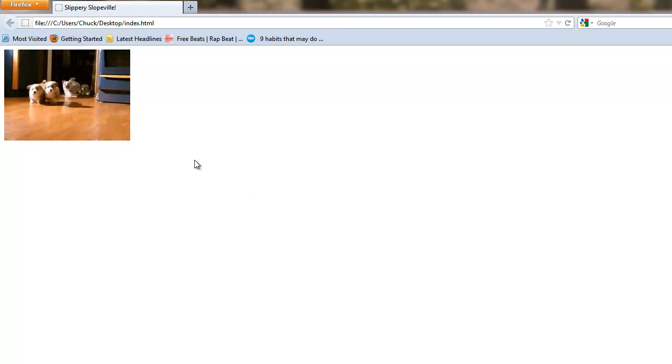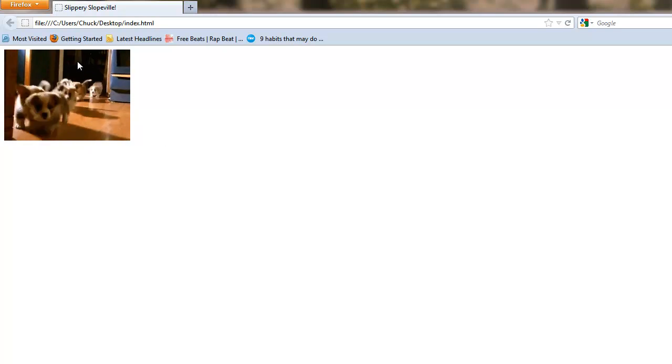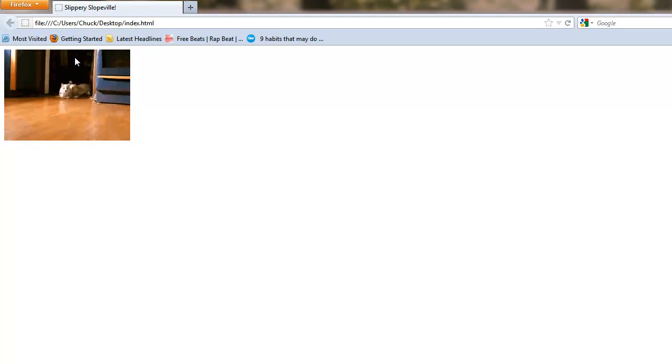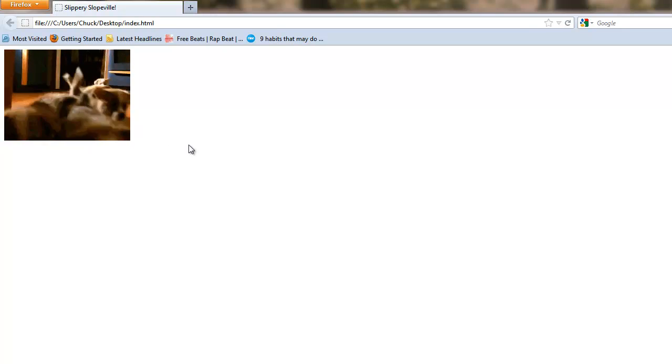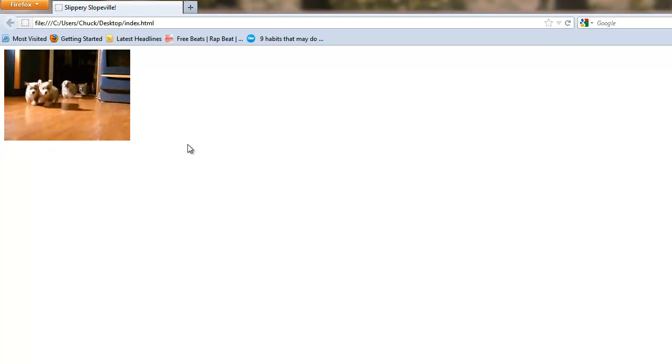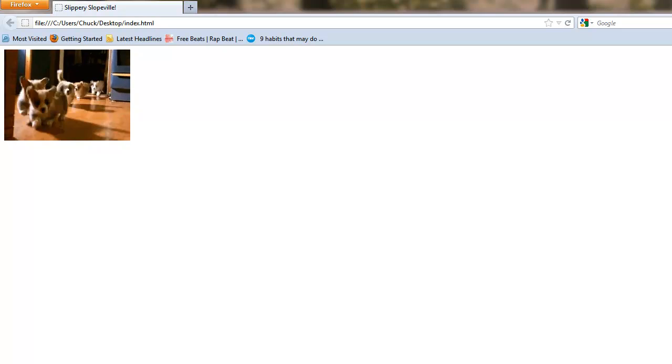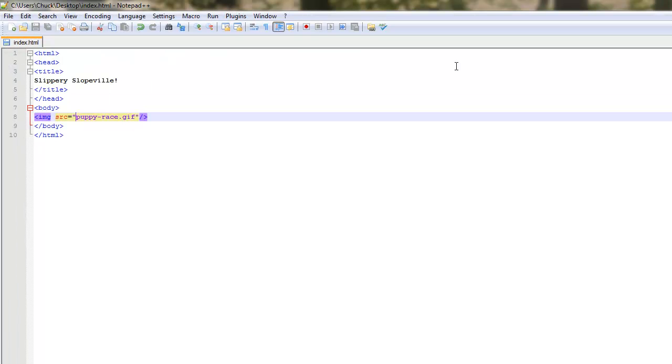And I have this heartwarming animated picture of a bunch of puppies running into a room, and they're really adorable, and you gotta love it. So I could keep looking at that, or I could X out of, oh, do I have to? Yeah, I guess so. But I want to show you guys one more thing we can do before we call it a tutorial,